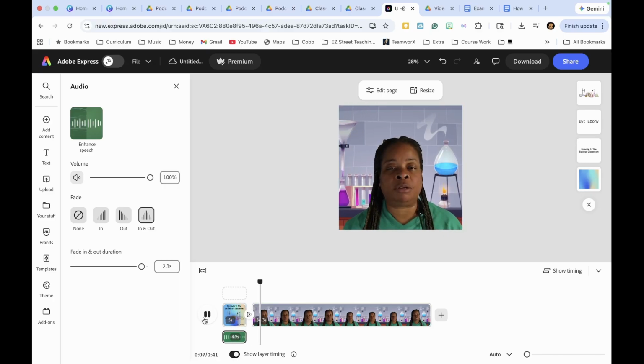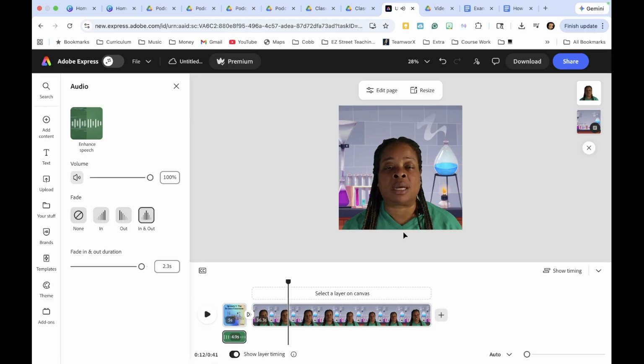One strategy I love using in my science classroom is getting students to talk through their thinking. When students explain